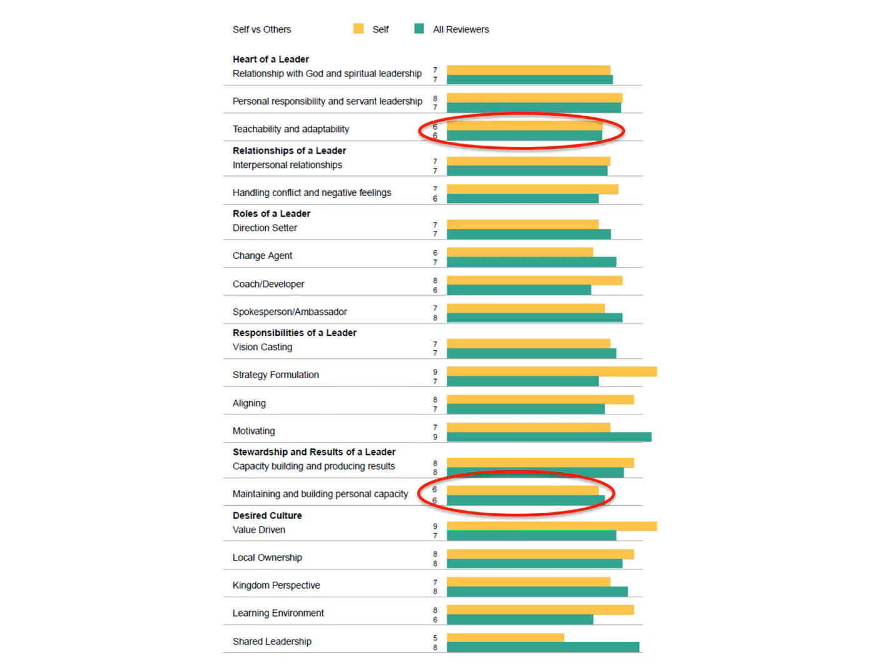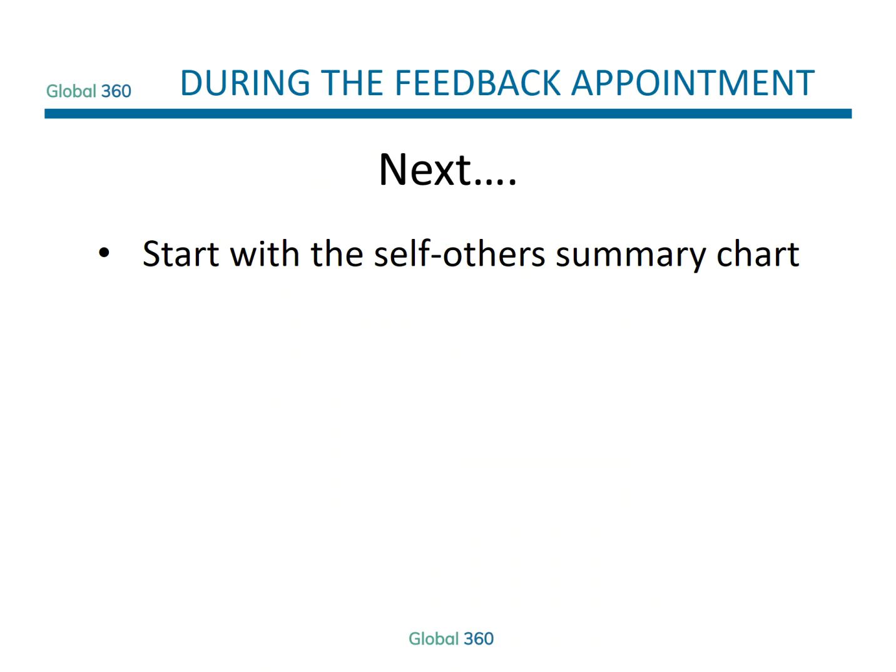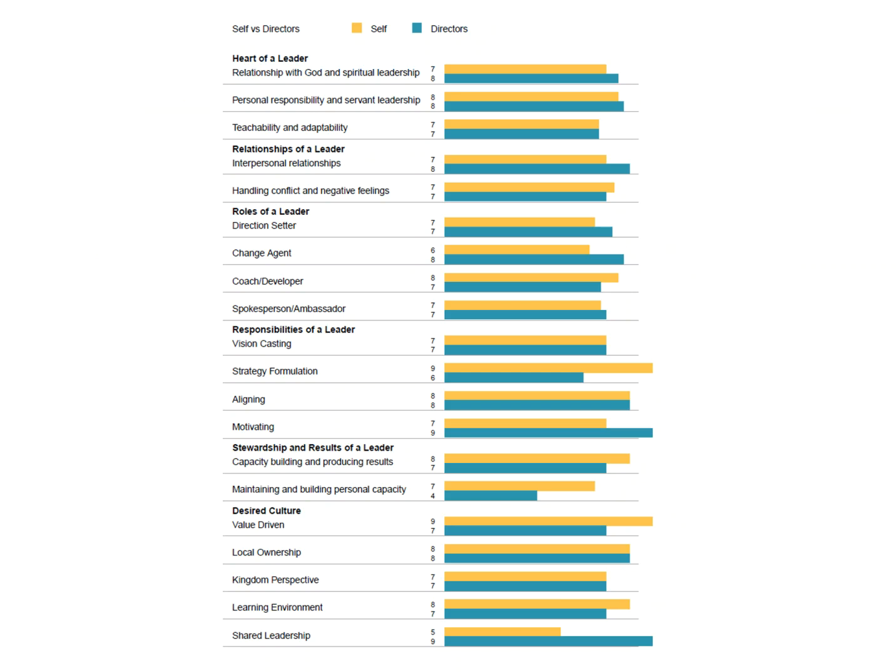Clear weaknesses or developmental needs, and blind spots, which are areas where the person being reviewed saw self as significantly stronger than others saw him or her to be. Notice that a possible hidden strength or blind spot has a 2-point difference or more. Then you briefly read through the remaining 2 charts, self and director,